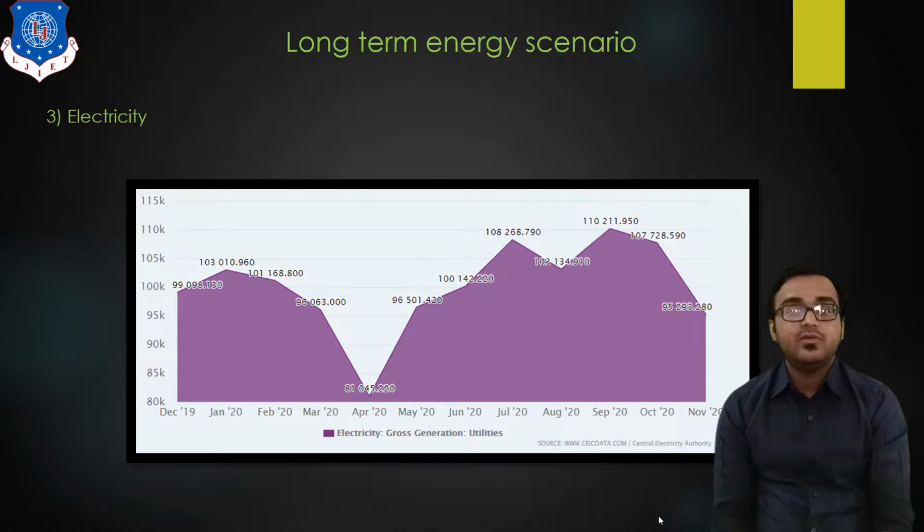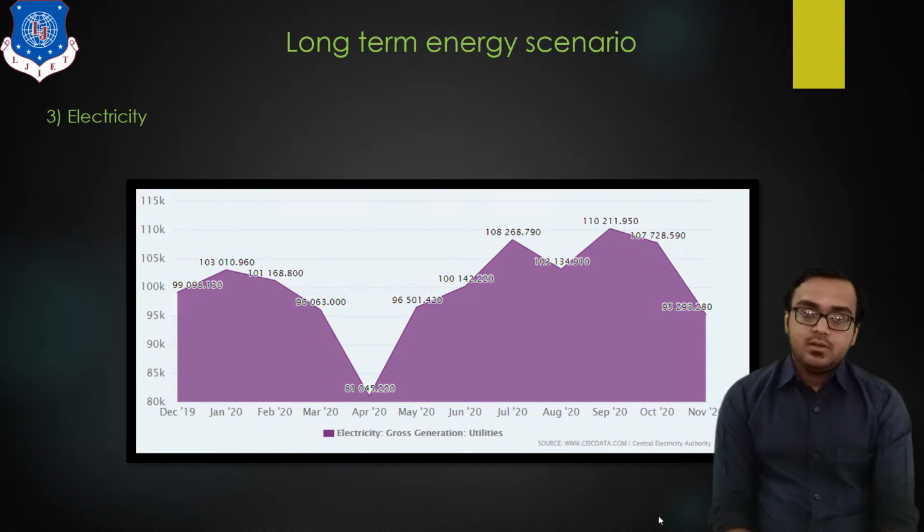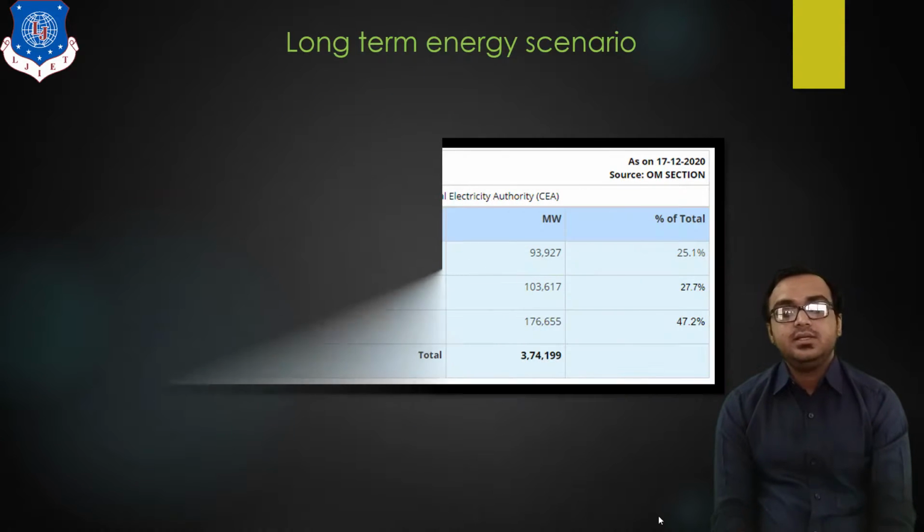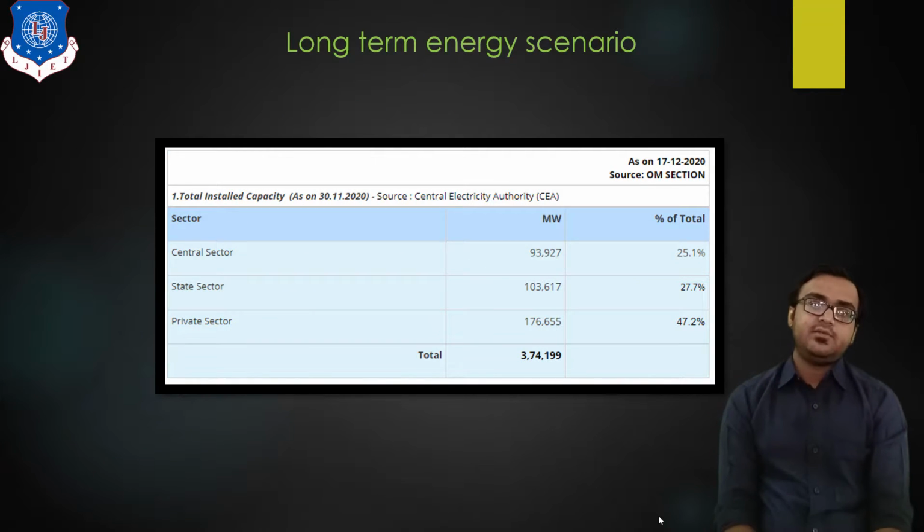Why? Because of the winter season. So by considering the seasonal factor as well as the climate condition, we need to identify the energy consumption pattern, or you can say electricity consumption pattern, and based on this we need to provide data to the government so that they can manage the production of electricity accordingly. So it is all about electricity, and here we have one table in which you can observe the consumption pattern of electricity, state sector wise as well as private sector wise as well as central sector wise.